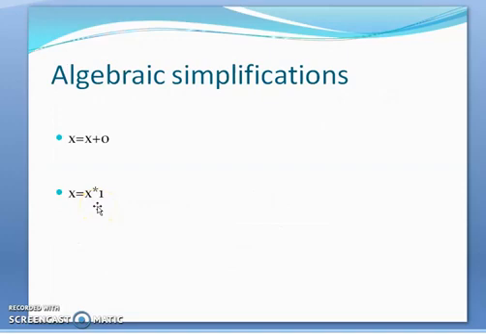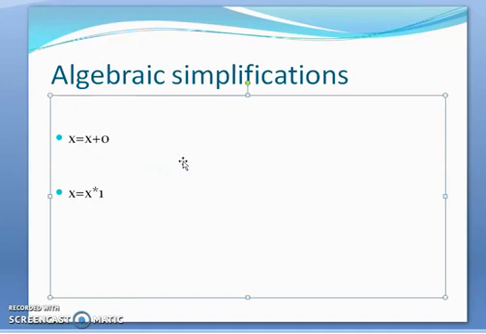The third one is algebraic simplification. What is algebraic simplification? We have already seen x equal to x plus 0. Similarly, x equal to x into 1 will always give the same value. So using all these algebraic simplifications you can reduce some of the algebraic equations. That is, x squared can be replaced by x into x, the best example. Then x equal to x plus 1 can be replaced by increment of x. Both will give the same result. So this is called algebraic simplification.